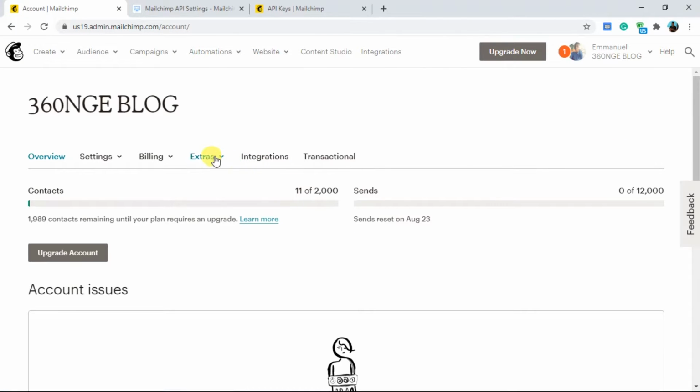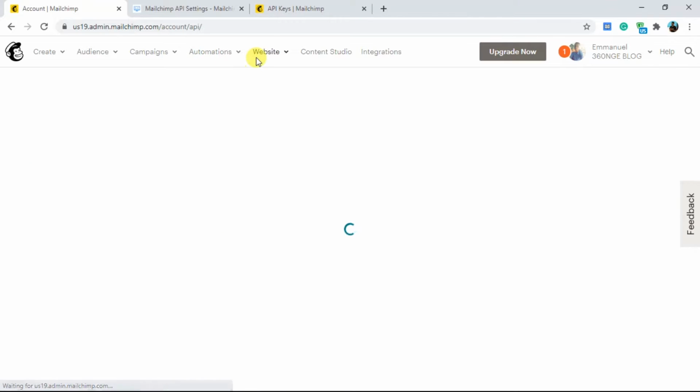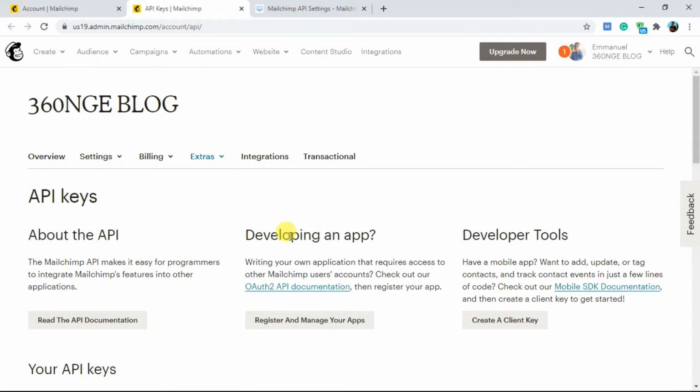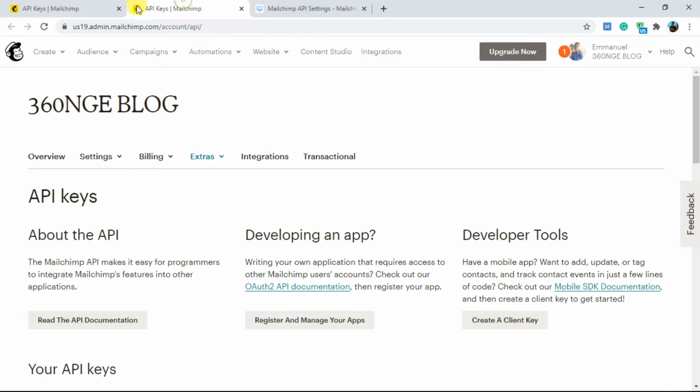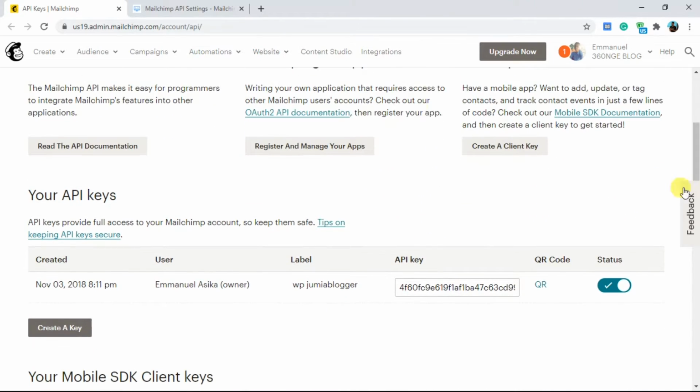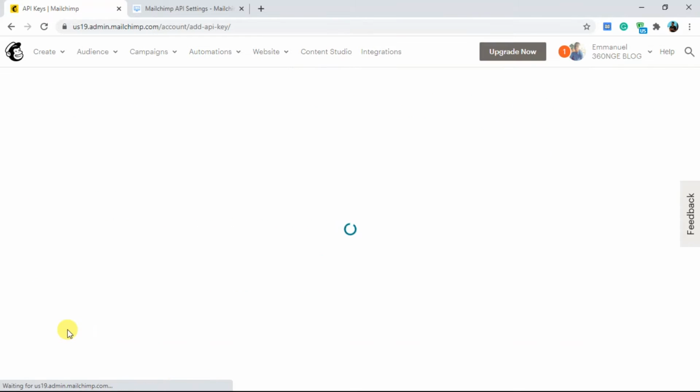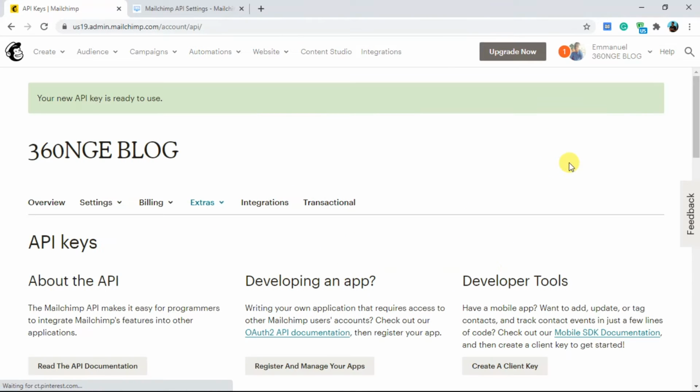So once you're at your account page, go to extras and you click on API keys, and it takes you exactly to this page. So it's exactly the same thing, but it's very easy to just use this link over here. So we're going to be generating an API key for connection. It's very easy. I already have one generated, but I'm going to create another one for this tutorial. So you click on create a key over here, and it's going to take you to a short wizard, and